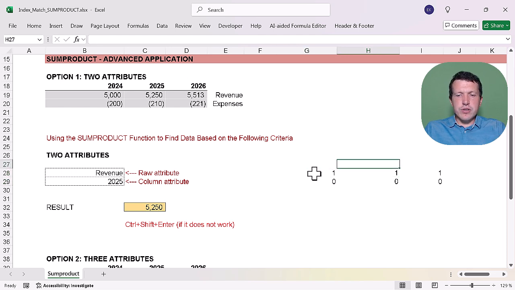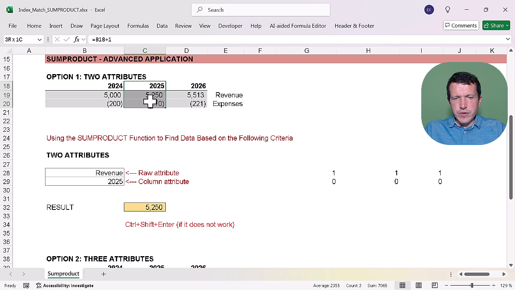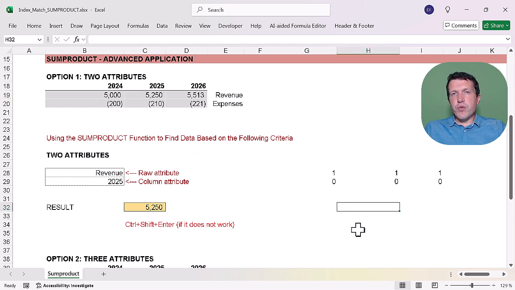This is our second array, and our array number 3 looks as follows. It includes ones and zeros, and ones are only in the column which includes 2025. Our 2025 number is in our second column, so it means that array number 3 contains ones in the middle and zeros